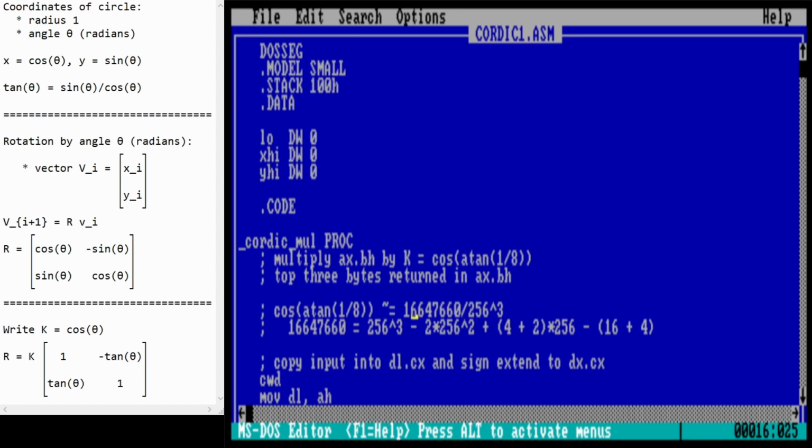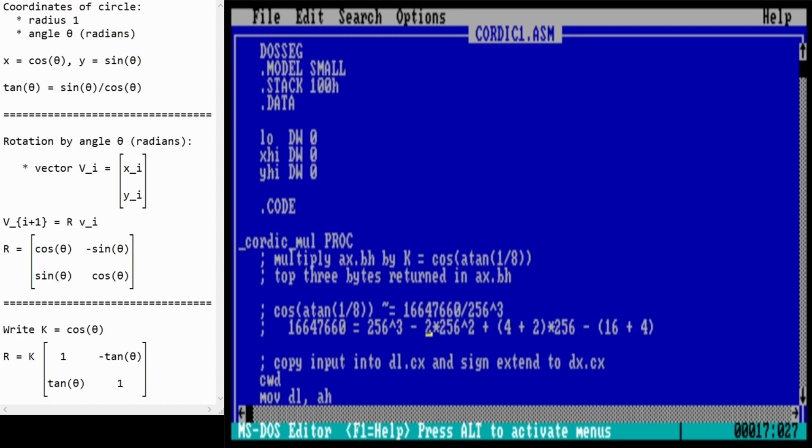So there's actually a little trick that we can use to speed this up, and that is to not just add shifted copies of the input, but to also allow ourselves to subtract shifted copies of the input. And so that means writing this value, this multiplicand, not just as a binary value with just ones added in various columns, but to also allow subtractions in the representation. So what this means is that instead of just adding shifted values, for example here, we would end up subtracting